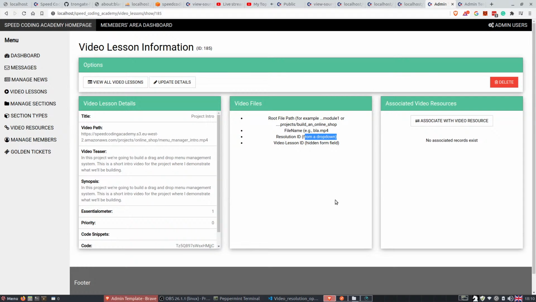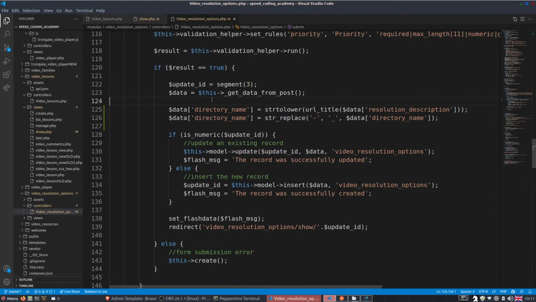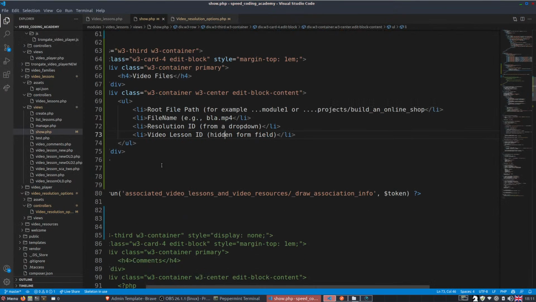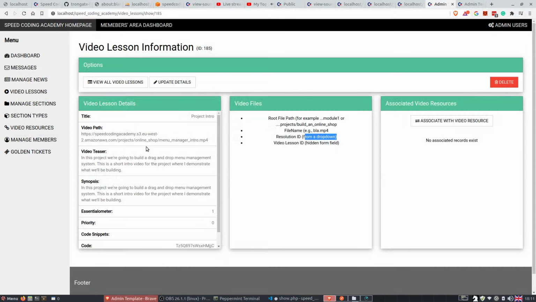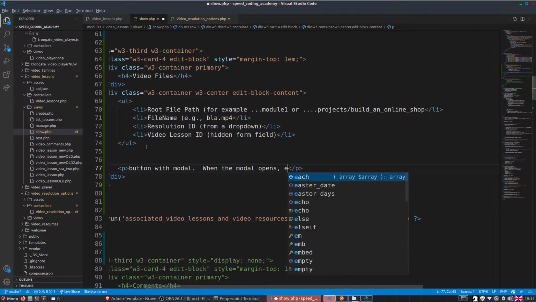Now hold on a minute. No, let's do it differently. Let's do it when it opens. When it opens, I'm going to take a note of this. Okay. Right, so there's going to be a button with a modal. And when the modal opens, you enter